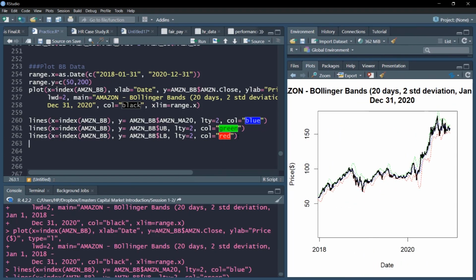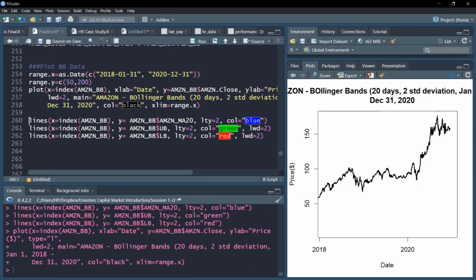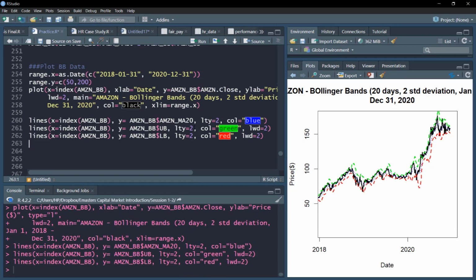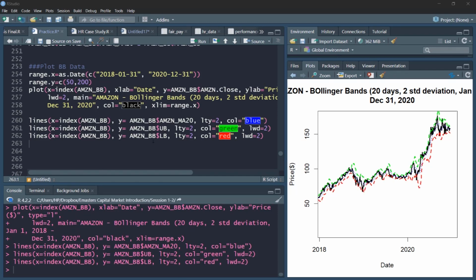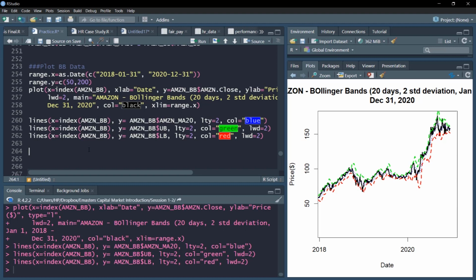Yes, it does. Better let's add LWD equal to 2, so probably it will appear more solid. Let's see. Yes, now they are slightly more visible. The very last important thing you want is the legend here. So you add legend. It seems that maybe bottom right appears to have some extra space. So bottom right,